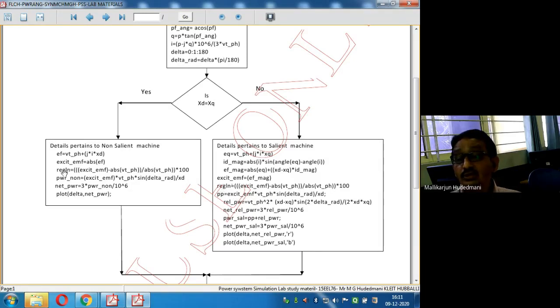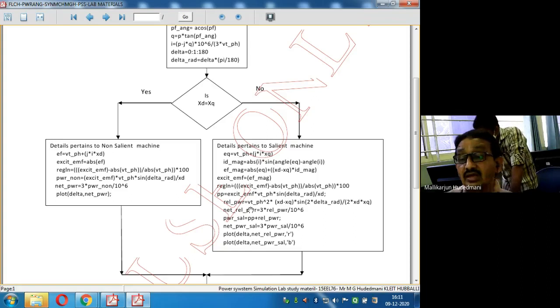Now I did regulation. Then when I wanted to compute the power, I did not have any reluctance power due to the non-salient structure. Net power was simply active power for me here, 3 times active power. But in case of a salient machine, you have two kinds of power. One is active power, which is peak power, and reluctance power, which is oscillatory power. Hence, to get net power, I have to do 2 more calculations extra. How am I doing it? Just check into PP, the peak power. Some keyword I used here.